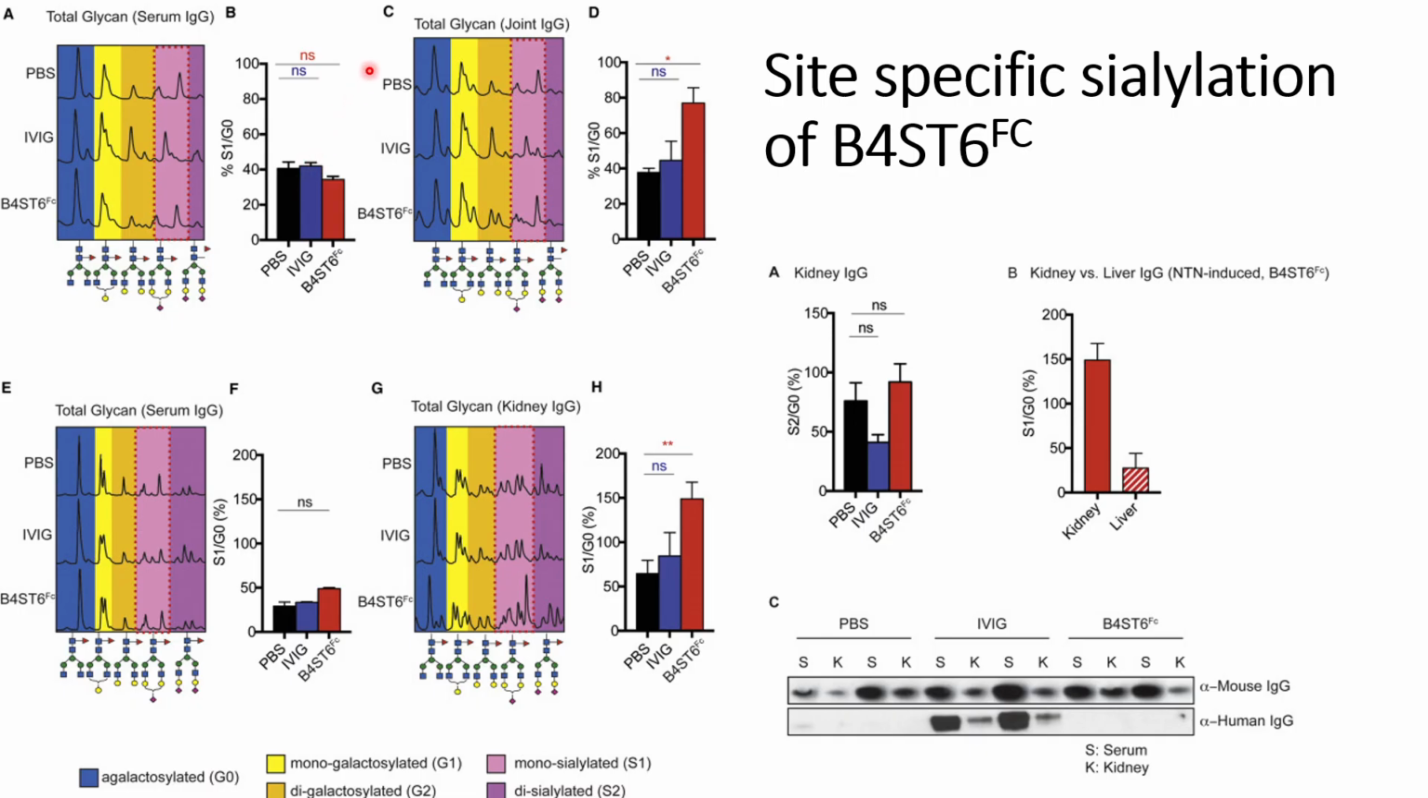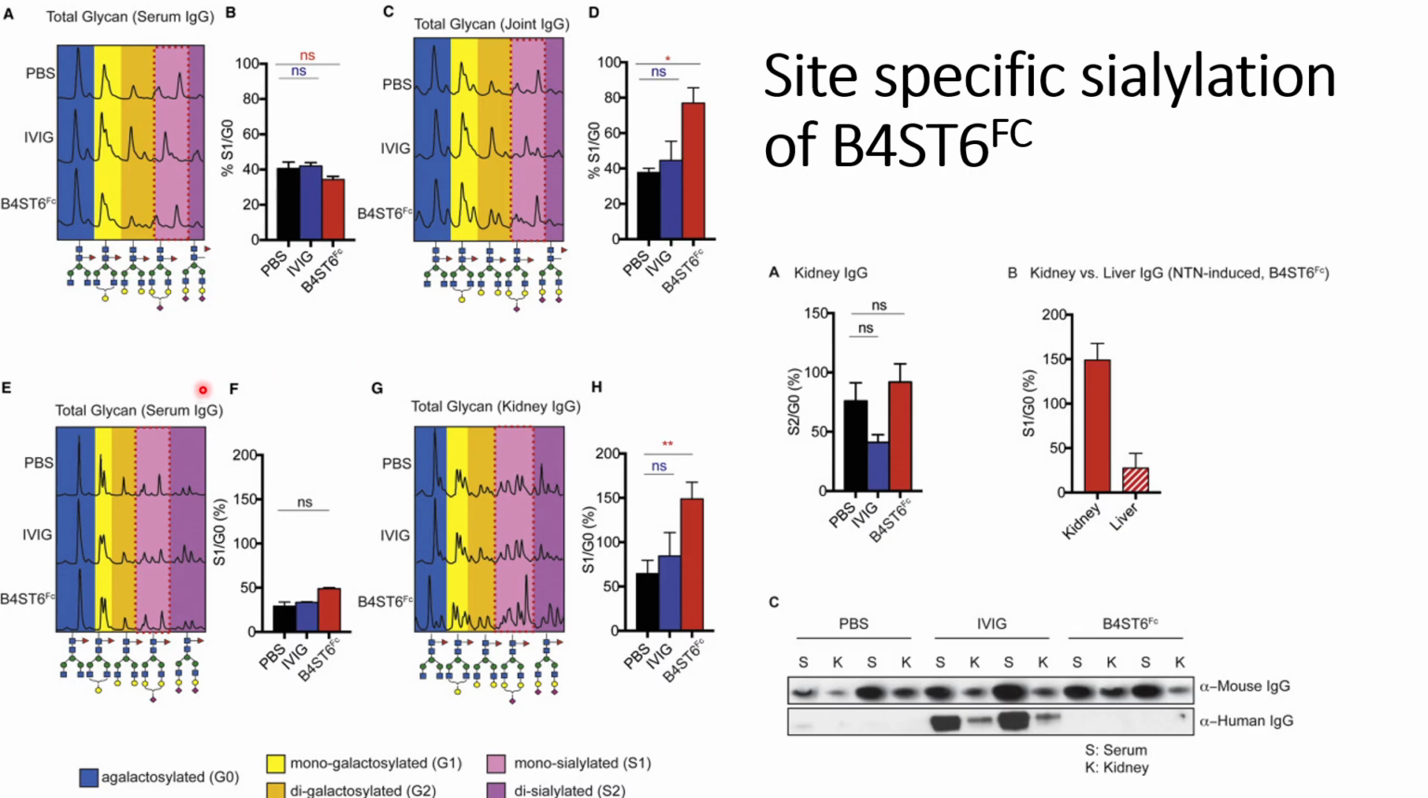And when they check it for the joint IgG, they can see that there is an increase in the monosialylated structures in the B4ST6FC compared to the PBS. And once they evaluated that there is a change in the joint IgG, they also check the total glycan structures in the serum